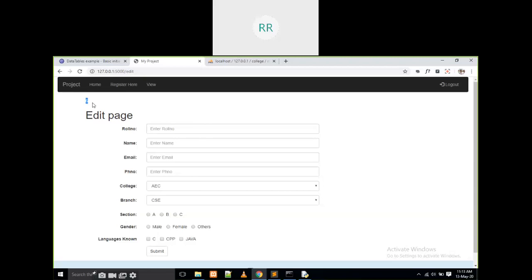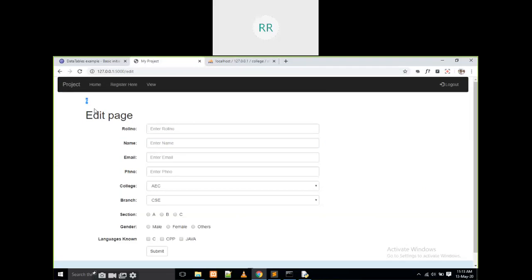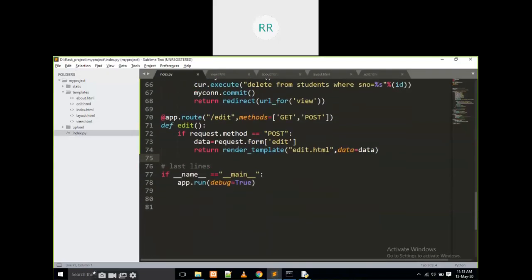There is no data, we have only one single number, that is 6. What does 6 mean? 6 means the serial number, the unique number, right? Now I am going to get the data of the 6 student. Then I will fill all the fields. How am I going to fill? First of all, I am going to get the data. My task is to get the data of the student. I am going to write here as ID.